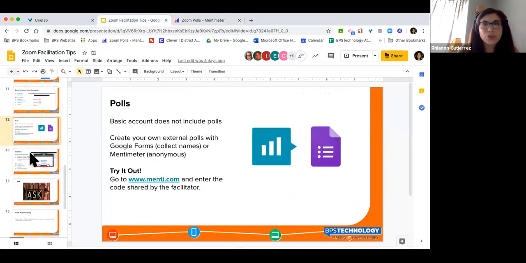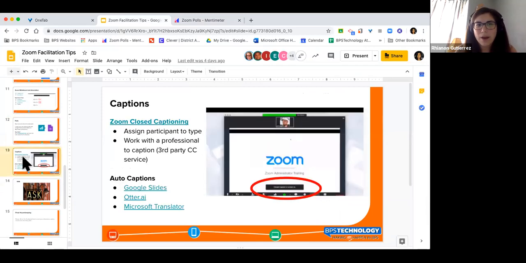So we'll get back to our last feature we're going to talk about, and I'm really excited about this one because there are various ways that we can make our webinars accessible. In fact, someone just chatted me about the very thing I'm about to show you. So when it comes to captioning